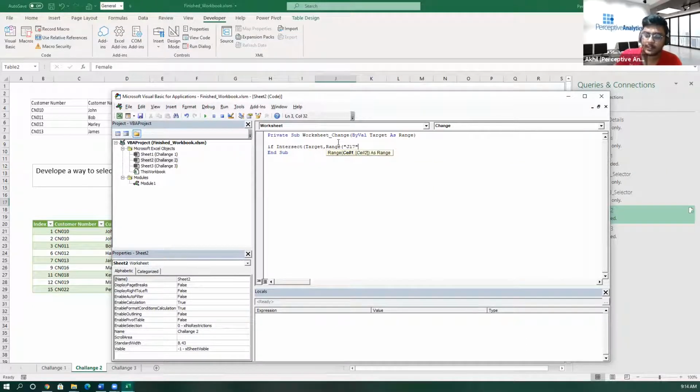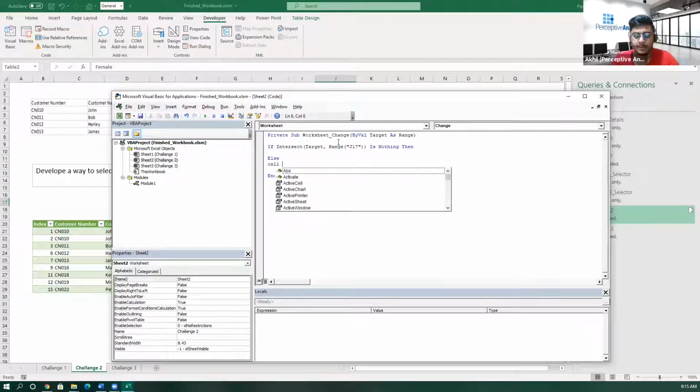If there's no intersection between them, then do nothing. Else, that means it's intersected, call my refresh C2 macro, and End If.